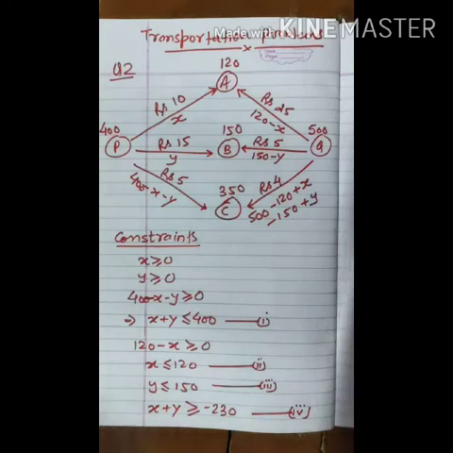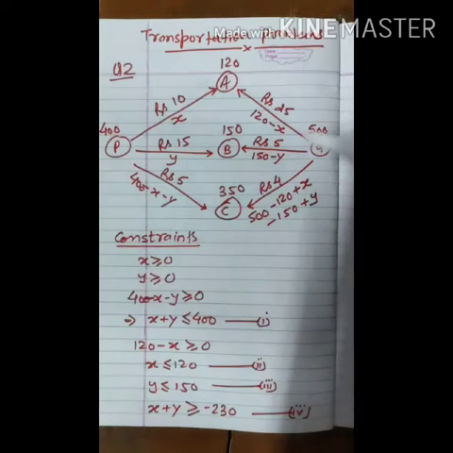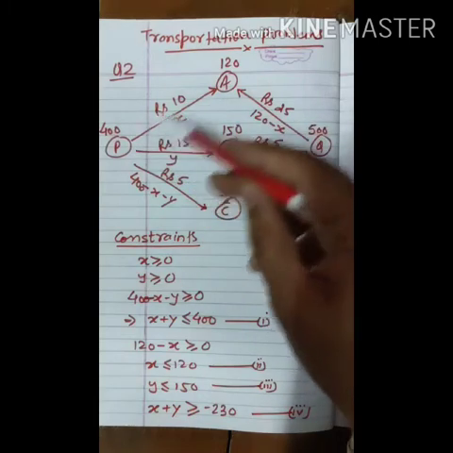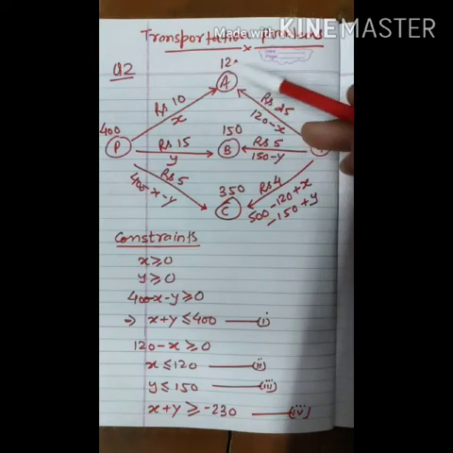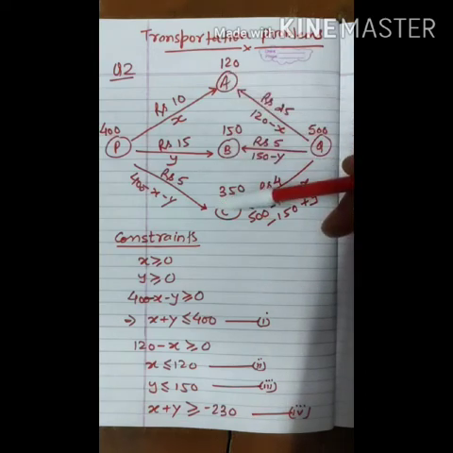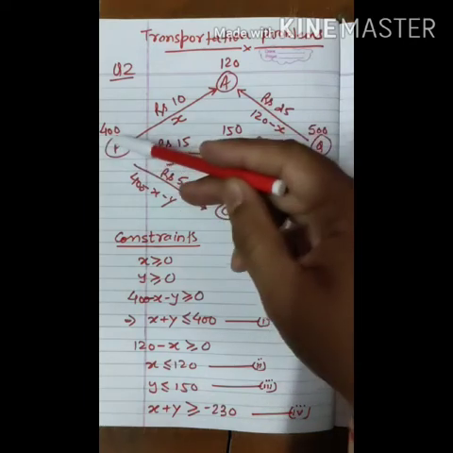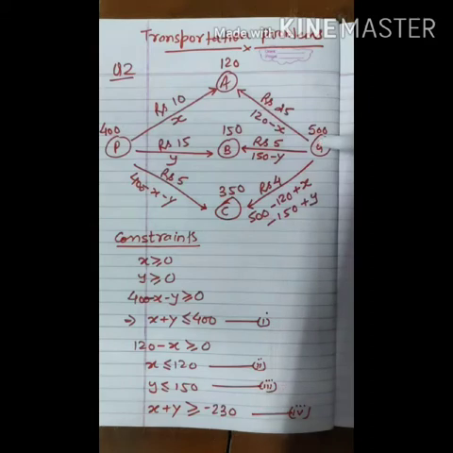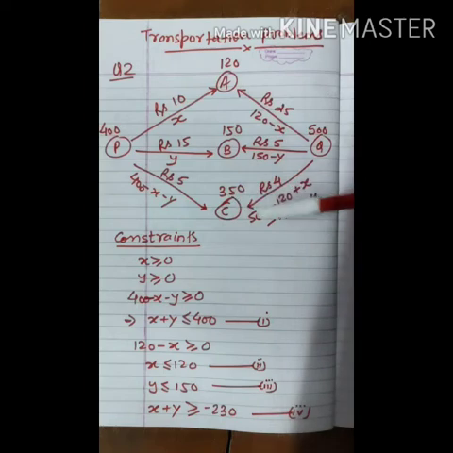In this, P and Q are two godowns, big factories. From here, some quantities are to be delivered to small shops A, B, C. The production capacity of P and Q is 400 units and 500 units respectively, and the daily requirements of these small shops A, B, C are 120 units, 150 units and 350 units respectively.